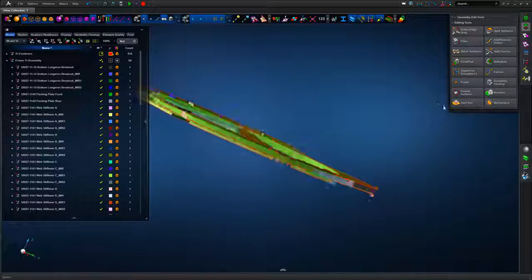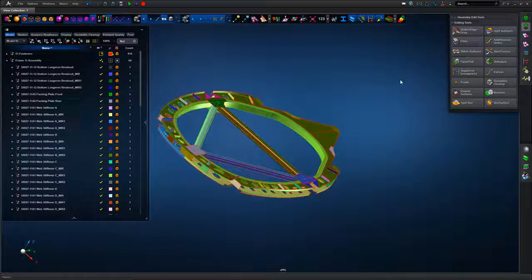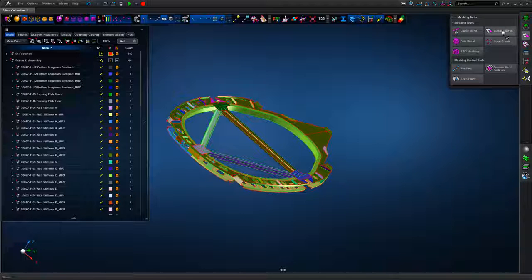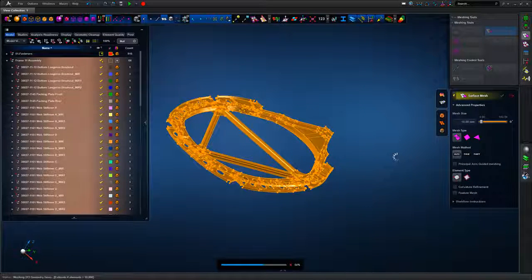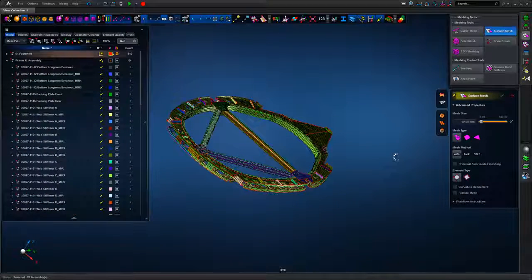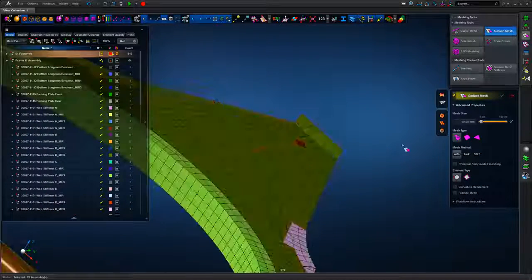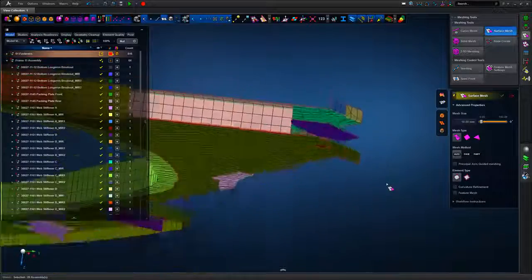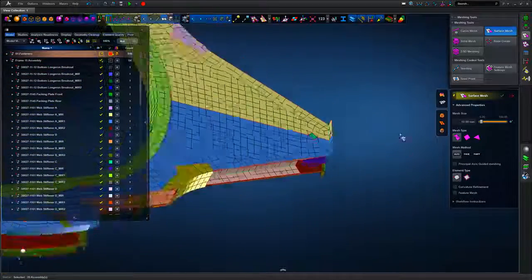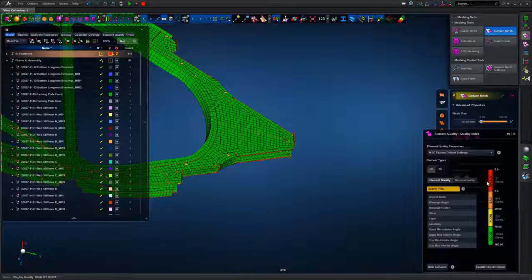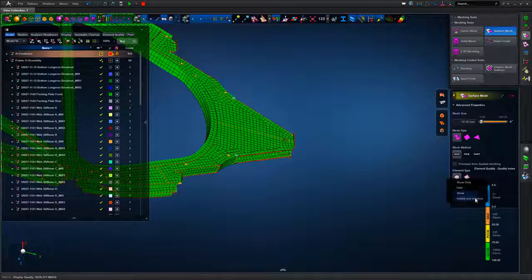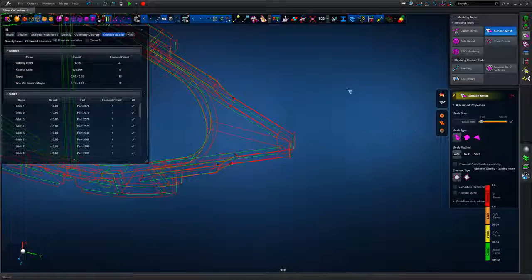So again, another step towards cleaning up the geometry to give us the resultant target geometry for meshing. Once we've done that, we can surface mesh at a 10mm element edge length with the auto meshing algorithm turned on, and on a quick look we can see that's a reasonably appropriate element size for this type of structure. And then we can look at the element quality and show that we've got some areas